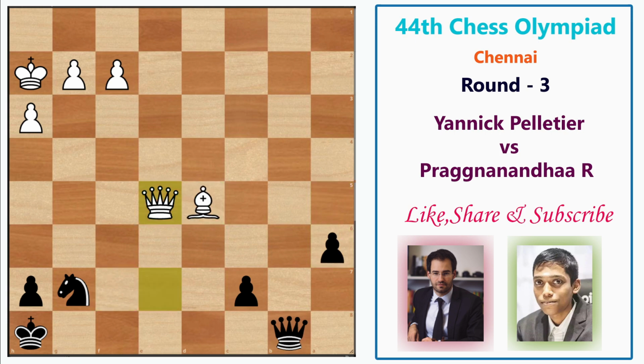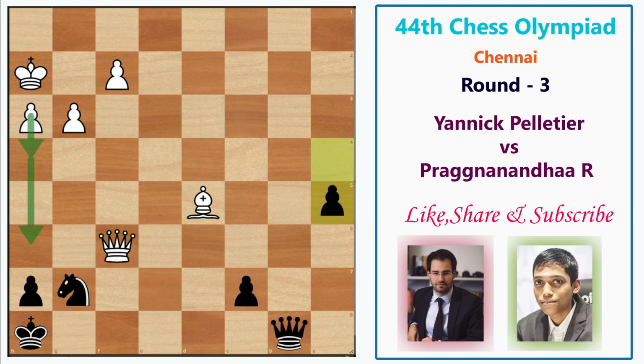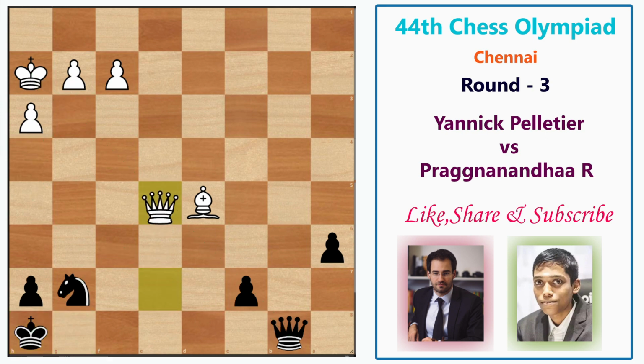I want to show you this specific variation with the g3 idea. So g3, let's say I push the pawn to a5, and now comes queen f6, pinning the knight, and I'm going to win the knight with h4, h5 and then h6, h7. So after a4, I can simply push the pawn and win the game. But in the game, he played queen e5. That allows Prag to push the pawn. Bishop f7 now,